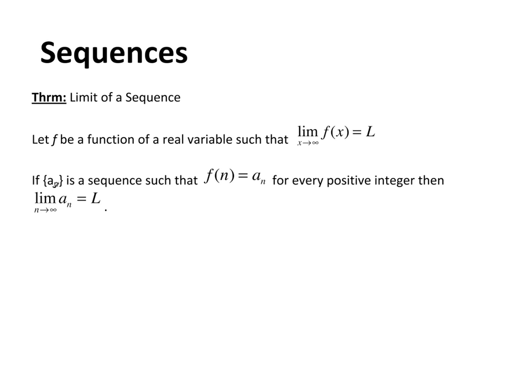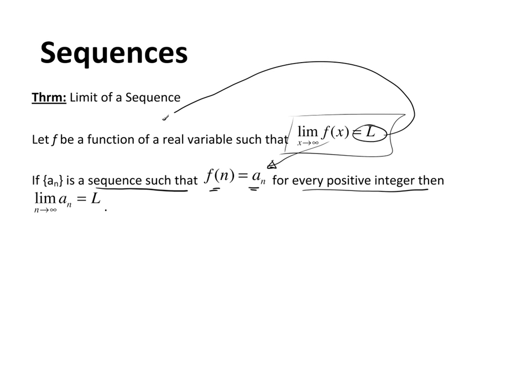What we're going to do is take an, if an is a sequence, and match up an with fn. So fn will equal an for every n in the domain of an, basically. So for every positive integer, this is true. Then the limit as n goes to infinity of an is also equal to L. So technically what we should be doing is taking this limit after we've matched f of x up with an, and because this limit equals L, that implies that this limit over here will equal L.